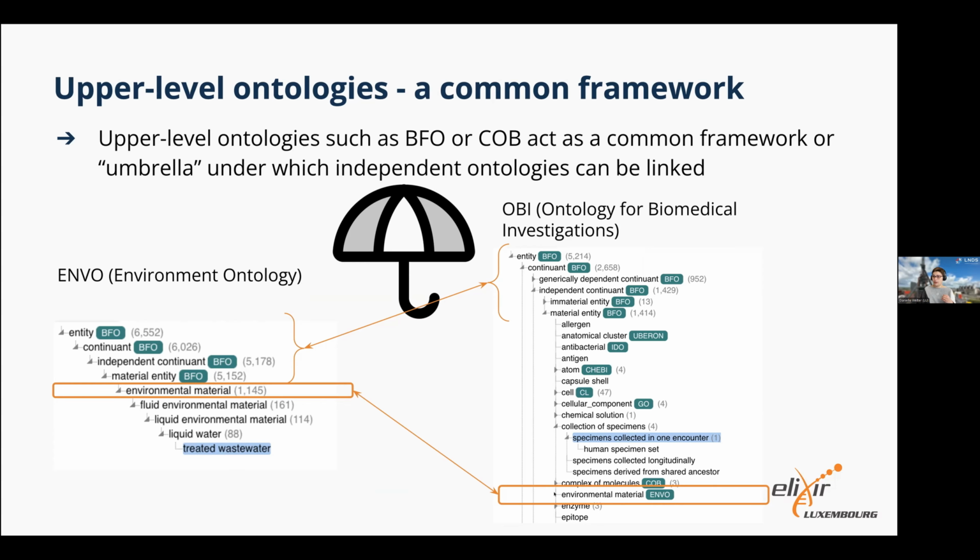Now you'll notice here, it doesn't have a chevron. In ENVO it does. There's lots of stuff under it. In fact, there's over 1,000 concepts under there. That's fine, but you've already got this one connection. And at the top here, you've got these very obscure terms of entity and continuant and independent continuant and material entity. We normally understand what to do with material entity, but the other ones are a bit, nah, don't worry about it. You don't need to know what they mean really, but what is important is that they are in both. So they give you the framework of where you hang things under it. And that's really all that, unless you're an ontology expert, what you need to use them for. But that is really, really critical.